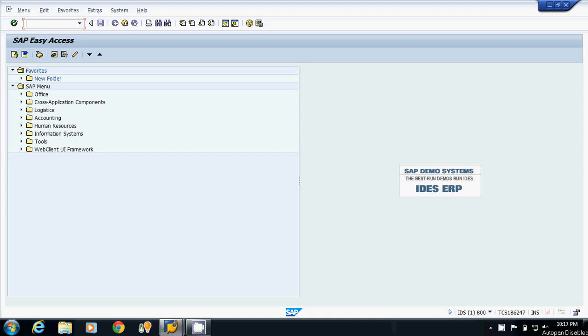Now, what is locking, or what is the concept of locking in SAP? Suppose we have more than one user and all want to change the same data at the same time, but at a time only one user can change the data. So in SAP we can achieve this with the help of lock objects, or the locking concept.